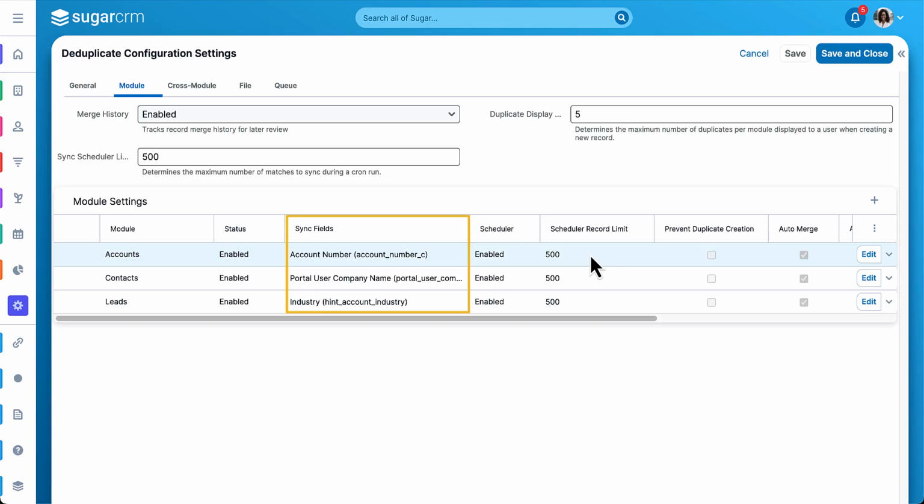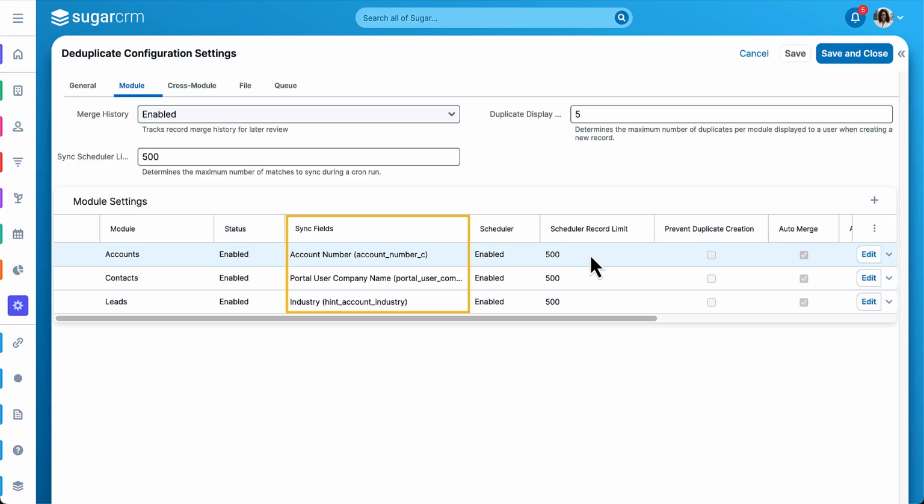The records coming from the ERP often have a unique identifier, such as an account number, that should be recognized as a priority field. When those sync fields are listed here, any records that are identified as potential duplicates in Sugar that contain data in the sync fields are considered the primary record in the match and should be retained